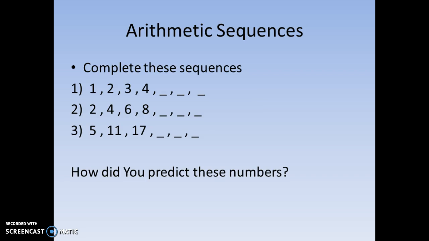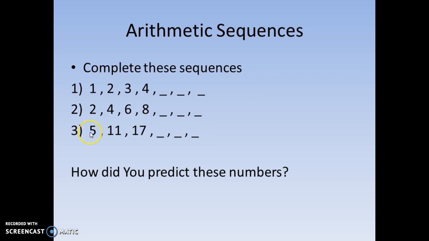So let's look at number 3. What are we adding here? We're adding 6, right? So how we can do this, if you can't find it so easily, is you can do 11 minus 5. Can't you do your second term minus your first term to find the difference between each